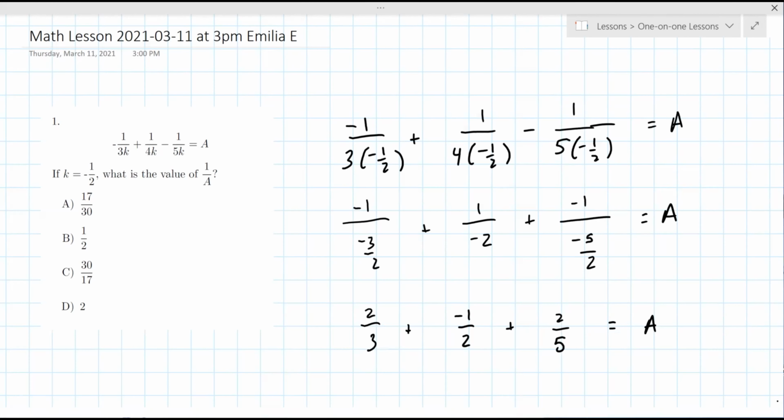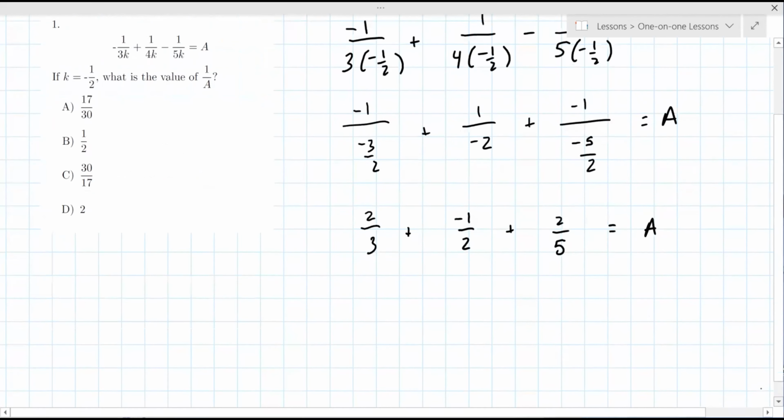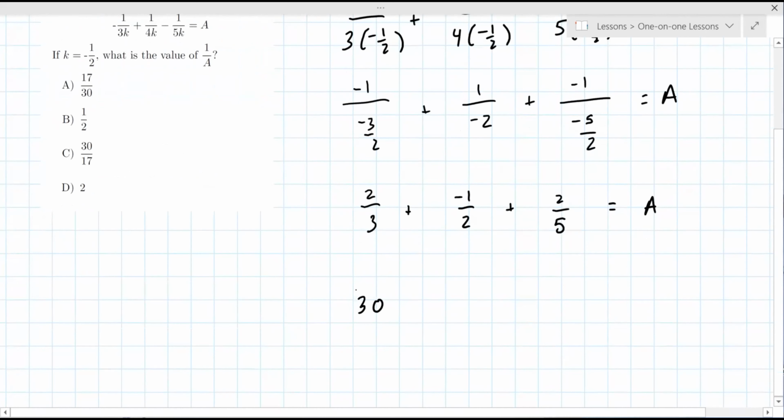So I need to come up with a common denominator for all those. You do, and the answers can maybe help you. You should always scan the answers. Like 30 is a good choice for them. Then you would multiply by 10, so 20 by 15,